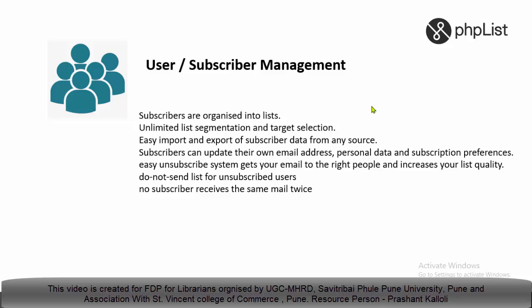Now, a magic feature of the PHPList application. Suppose a user is subscribed in various lists: in the new arrival list, also in the science and technology list, and in so many other lists. If we are sending a common message to all the lists, the system will never send multiple emails of the same message to that user who is in multiple lists. It sends only one email to that user. This we can't do in a normal email account. In such a way, PHPList has a powerful subscriber management system.